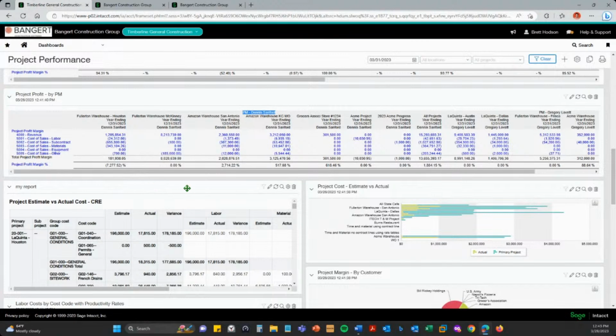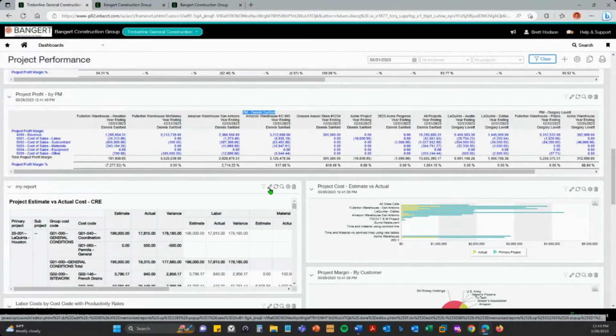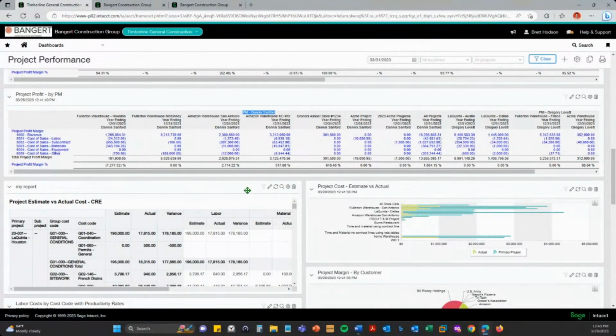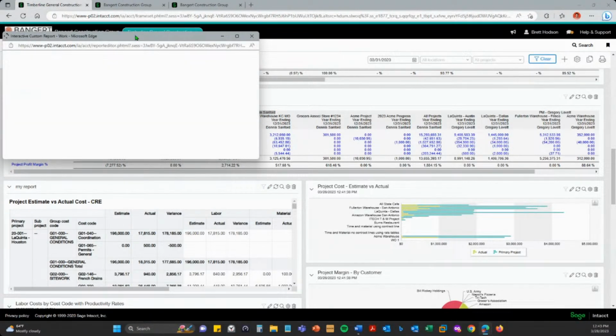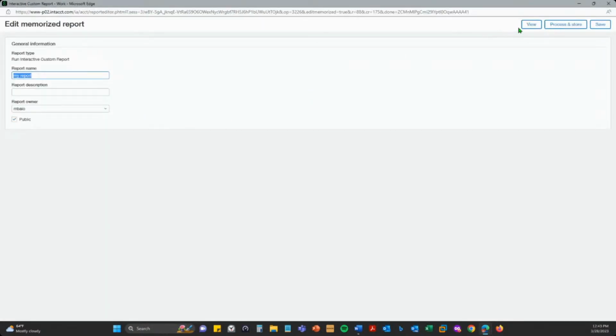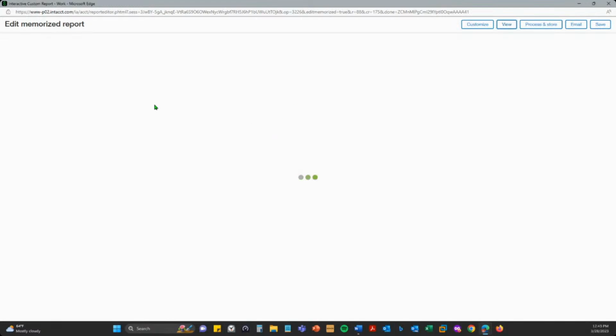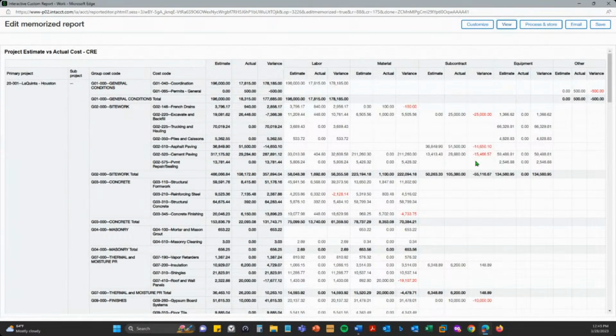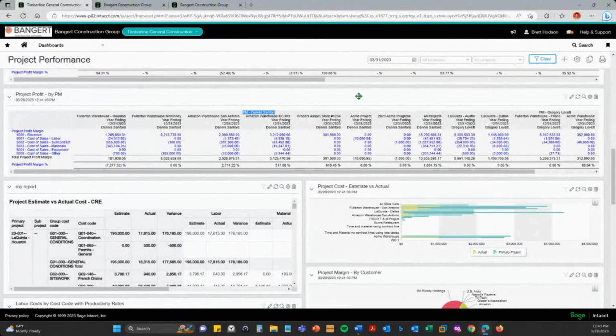Of course, good old-fashioned reports are available to you also. So if I wanted to bring up a project detail and run that, print that, those are also available to you. So in addition to the dashboards and drill downs, maybe a good old-fashioned report, nice clean presentation. Lots of reports come with the system, all of which can be modified.